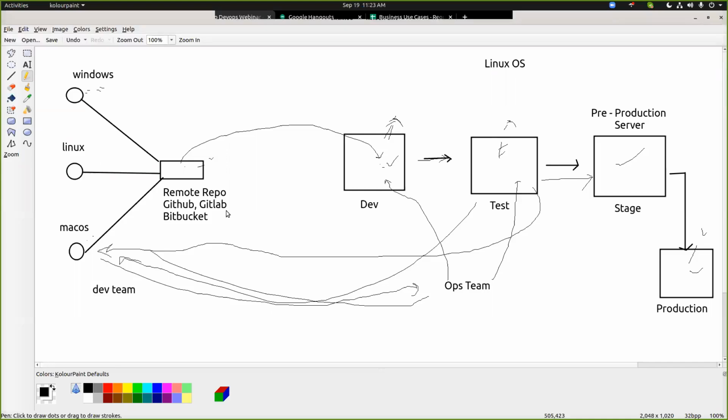So this used to be a very time consuming thing. It used to take months to get a new version of the application available, like version 1, version 2. It used to take months to get a stable version of the application available. So with the help of DevOps,